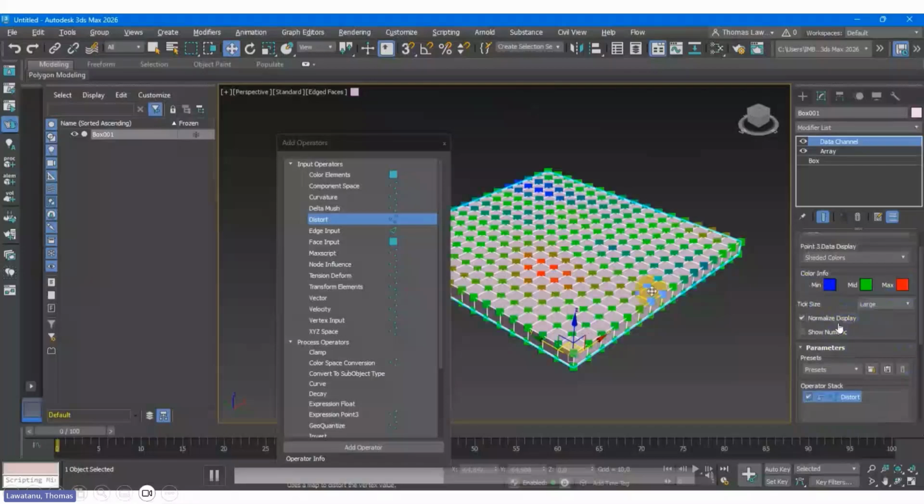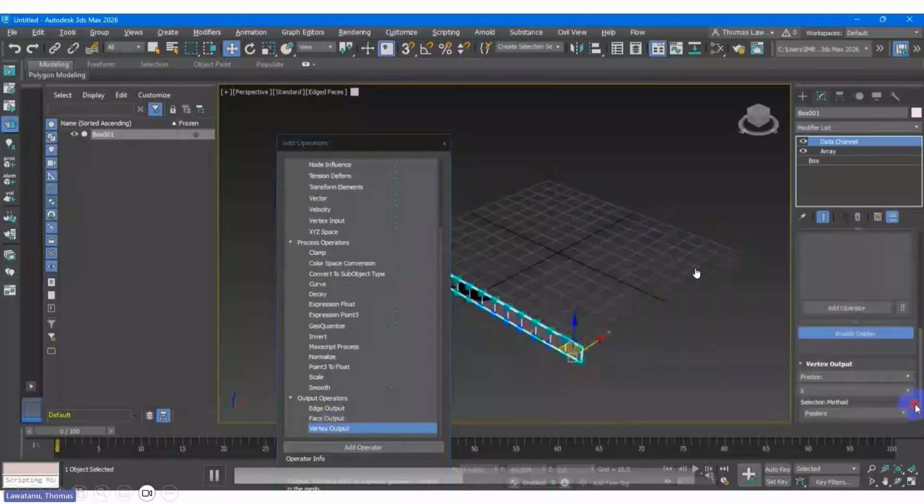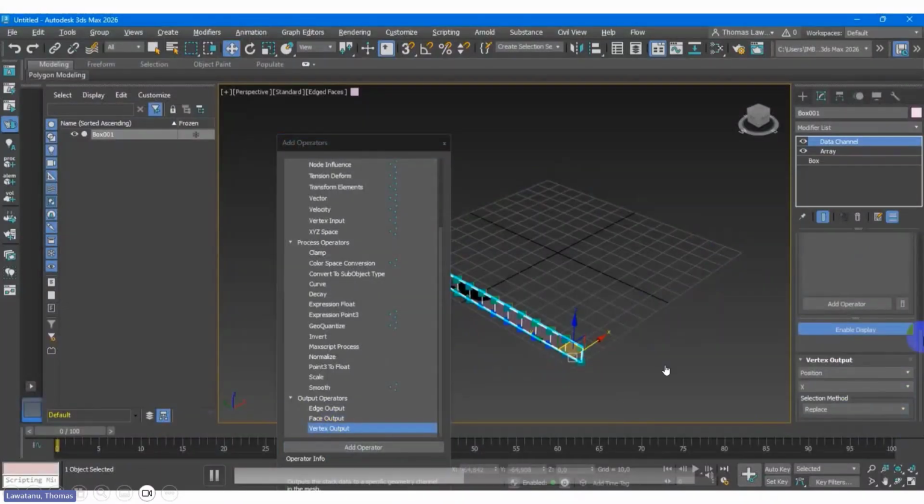After you apply it and change, suddenly your object is mapped by color, even though there is color between, let's say, the light green and the dark. Then you apply another one, what we call the vertex output.